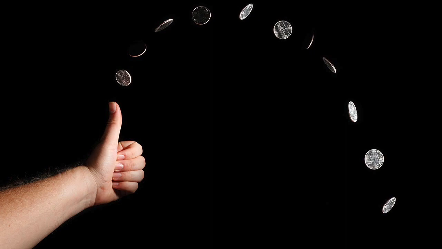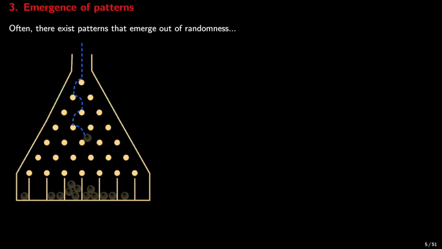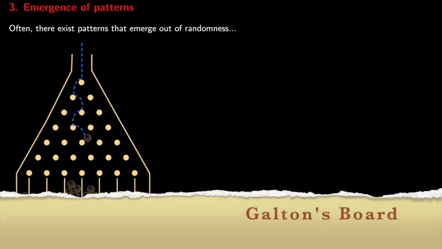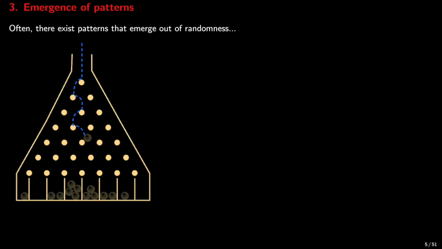However, although we cannot predict in advance what the outcome of a random experiment will be, we cannot predict when we flip a coin whether it will be heads or tails, we can still observe certain patterns. What you see here is known as Galton's board, also known as a bean board. You drop a bead from the top, it bounces on a peg inside this device. It's a vertical board with pegs, and it bounces and it can go randomly either to the left or to the right, and eventually it will end up in one of these containers at the end.